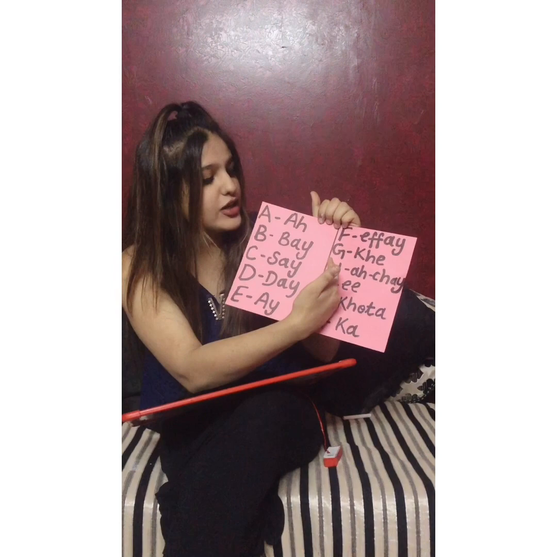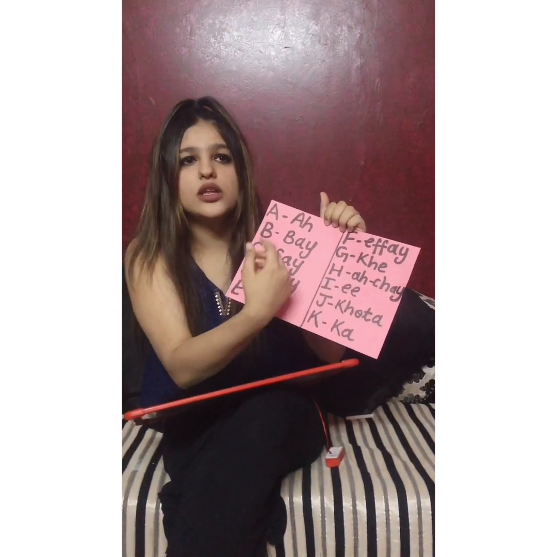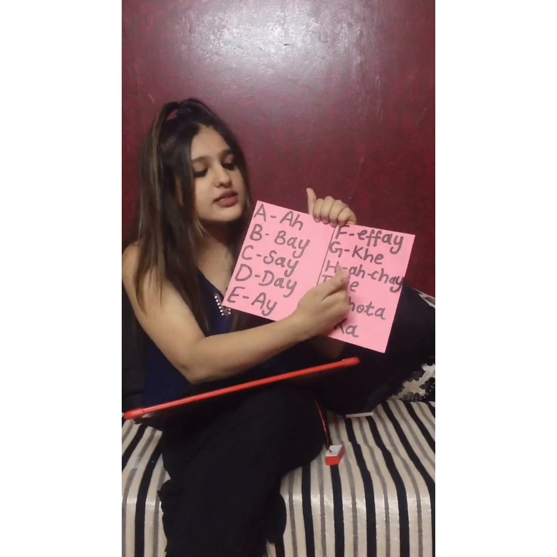Okay, so letter A in Spanish is A. Letter B is Be. Letter C is Say. Letter D is They. It's not they, it's they. Letter E is A. Letter F is Fa. Letter G is K. You'll also hear sometimes the sound of Ki or Gi, so it totally depends on the word. Okay. H is Ache.